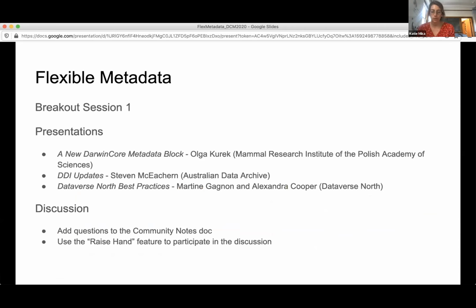We are going to do this flexible metadata session a bit different from some of the other breakout sessions that have been happening so far. We're not going to sort people into breakout rooms for the discussion. I think we're going to try and keep everybody together in one group. I'll ask Sonia and Tanya to post the community notes doc maybe a few times in the next 20 minutes to make sure everybody coming in gets that link. We're going to lean a lot heavier on that document than other breakout sessions have.